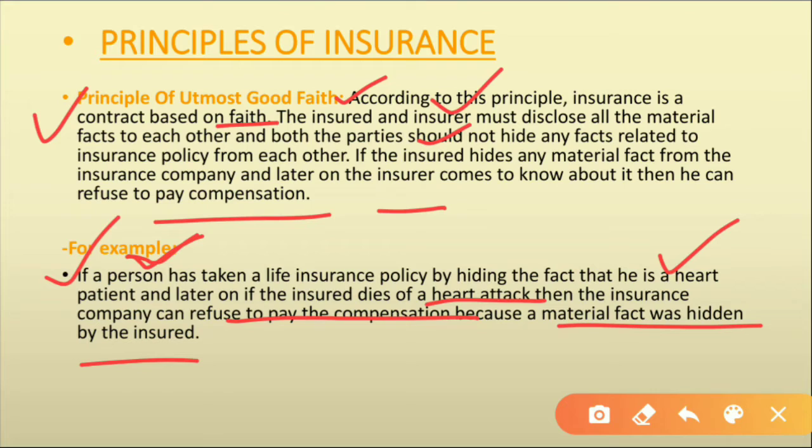Now students, here the person has taken life insurance policy. So if he has taken the life insurance policy, then he is required to tell all the truth about his health and everything to the insurance company. But here he didn't tell about his health condition. In that case, if they find it later on, after the death they found that it is due to heart attack, then the insurance company will not pay them the money because the person did not inform them about the condition. He kept this thing hidden.